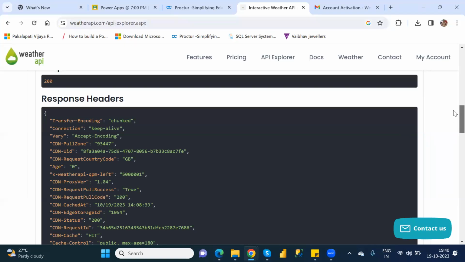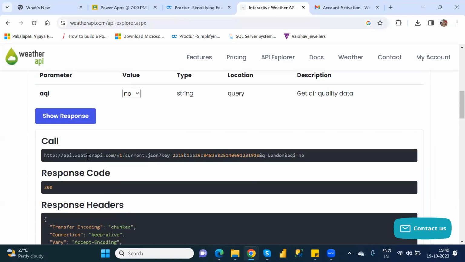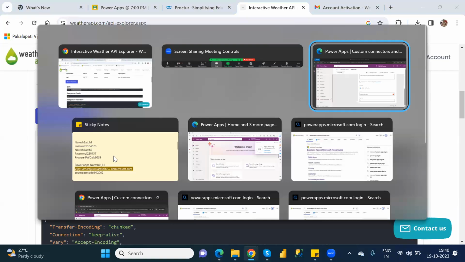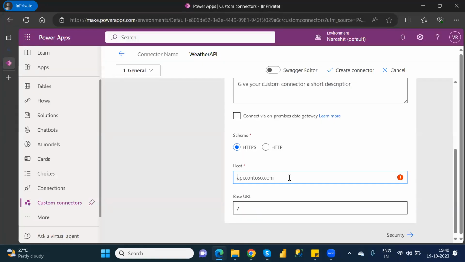URL. See here, in this one, there is an option. There is a call tab, right? In that call tab, you have to copy this URL, api.weatherapi.com. api.weatherapi.com is there, right? You have to copy that one. Here itself, you have to paste it. Under host itself, you have to give this one. And the base URL is